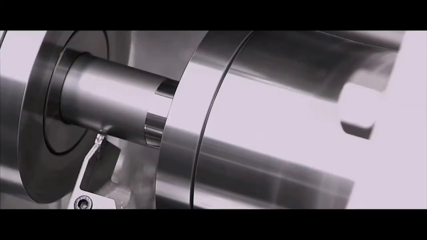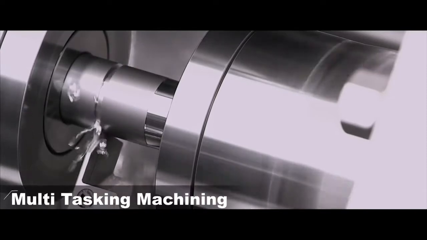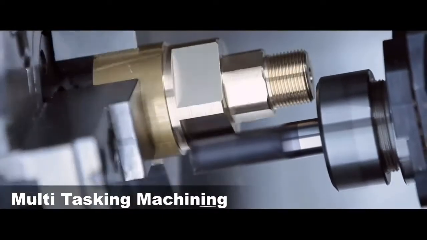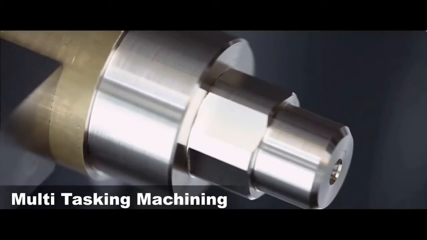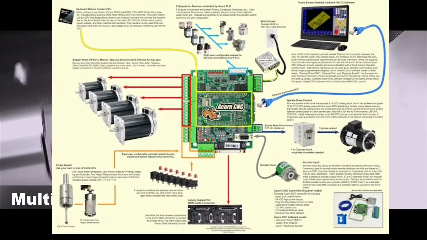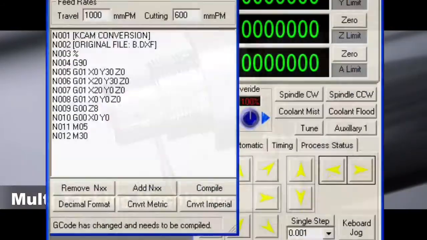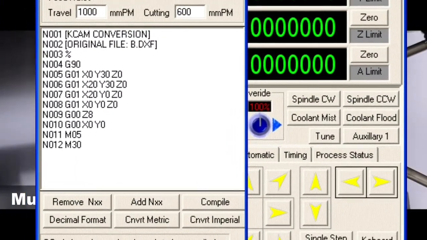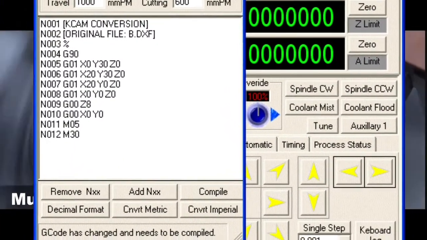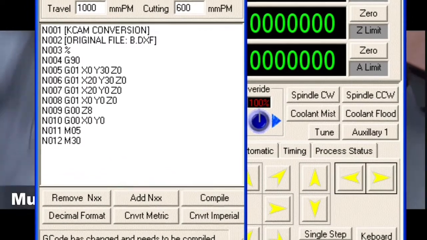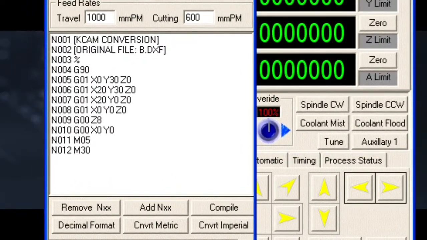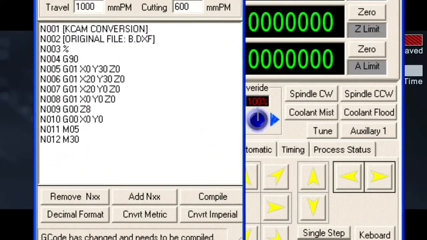The part program is a sequence of instructions which describe the operation which has to be done on the part in the form required by the controller of the computer numerical control system. In the programming, all machining codes are compiled and these codes are translated into a language which can be understood by the control system of the machine tool.